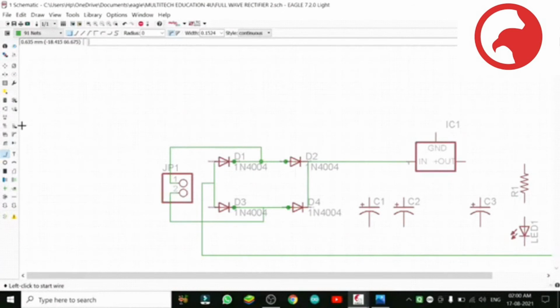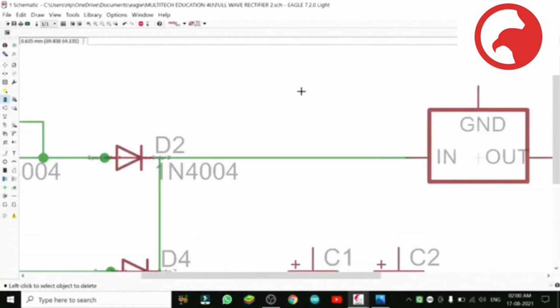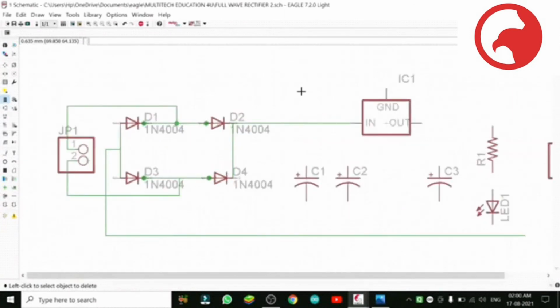Now you watch, I will rotate it. I am also making some mistakes. I didn't observe. Now you see, I made the wiring, which I have to make again.